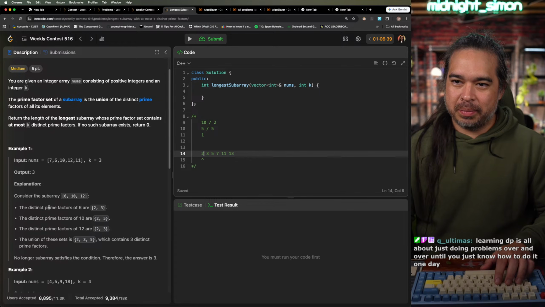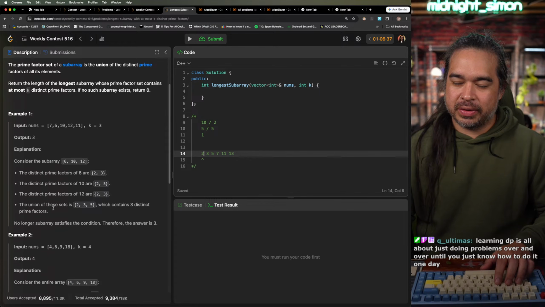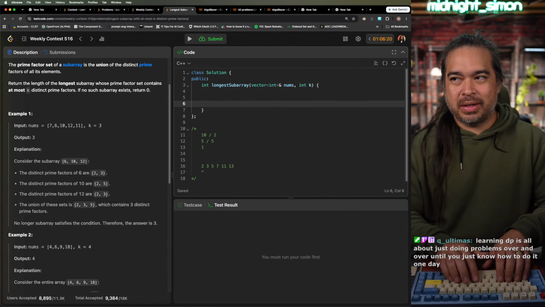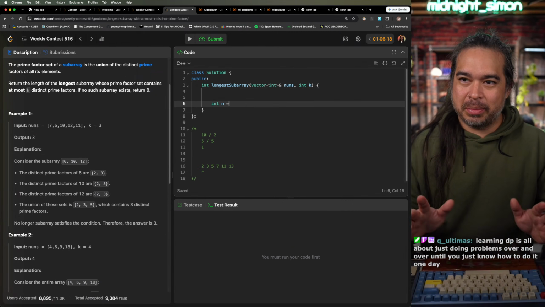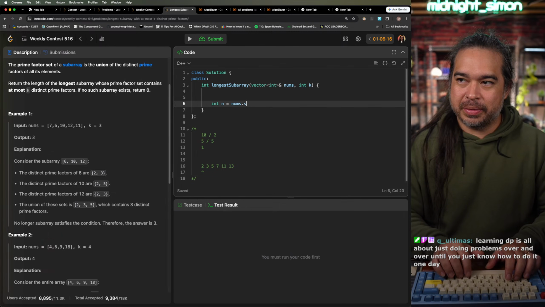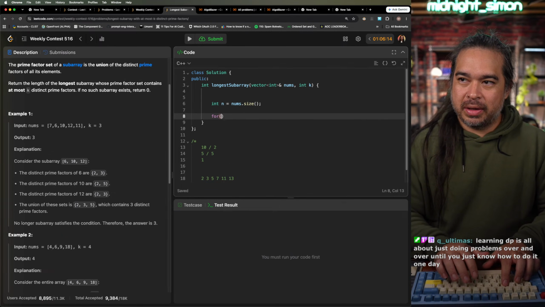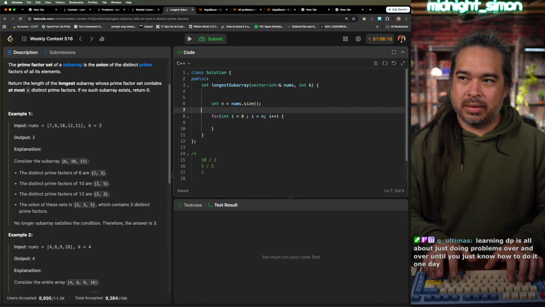I guess every number has prime factors. So how do I get them for every single number? Do I cache the results? Maybe. Anyways, let me just see where I end up if I try and simulate everything, you know? So if I iterate through every element, and then